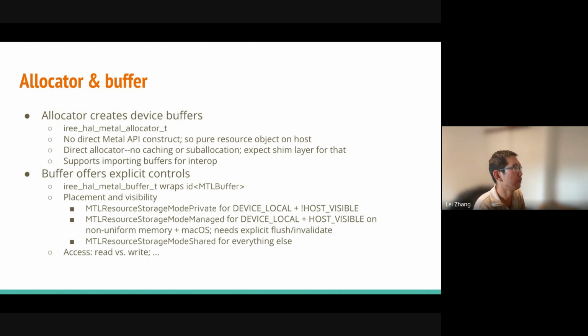So it can be confusing if you are just getting started on this, but that's the difference. On the device allocator side, it creates device buffers. Again, the allocator does not have a direct Metal API construct; it is pure resource management on the host. It allows you to group all the buffers, and you can also have multiple allocators